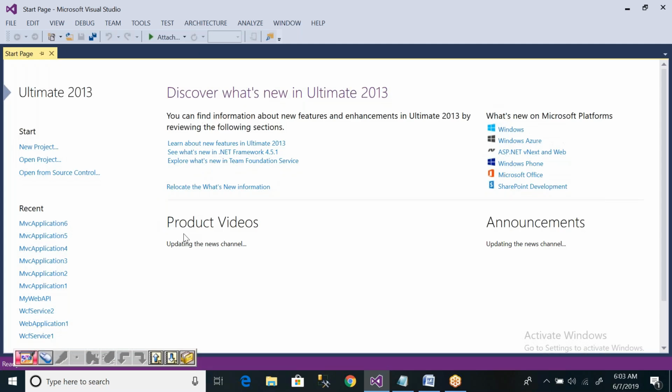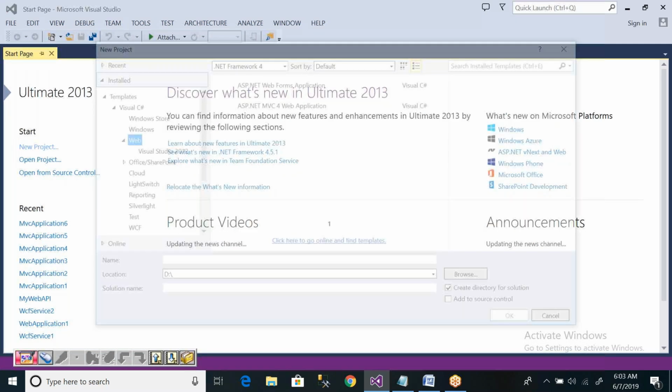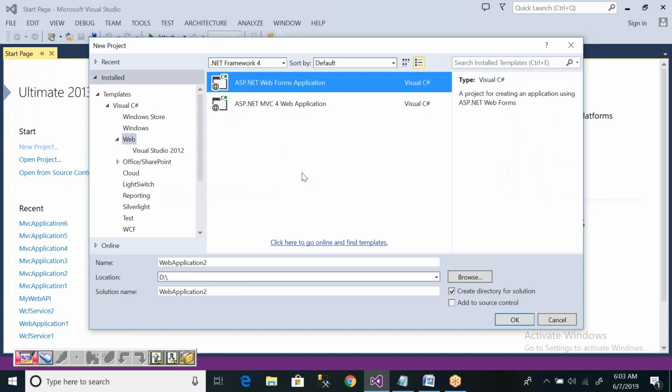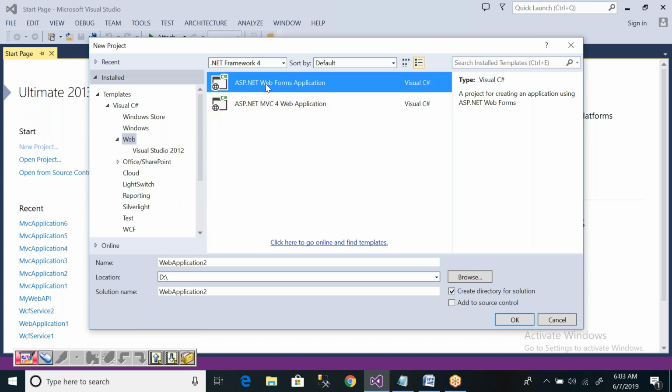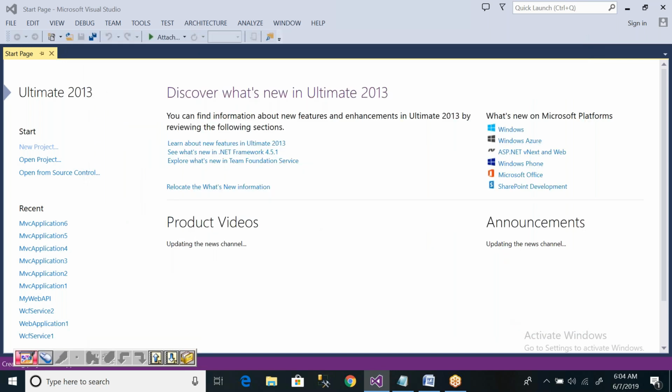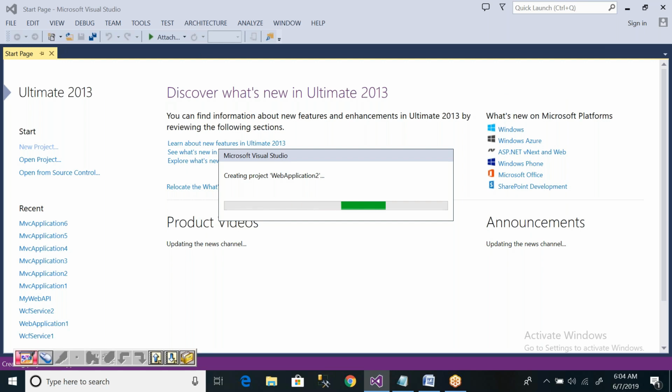First, I'm going to create an ASP.NET web application. New project, ASP.NET web application. I'm selecting C# web, ASP.NET Web Forms application. I hope everybody is clear about how to create an ASP.NET web application. Click OK. Now it is going to create the ASP.NET Web Forms application.